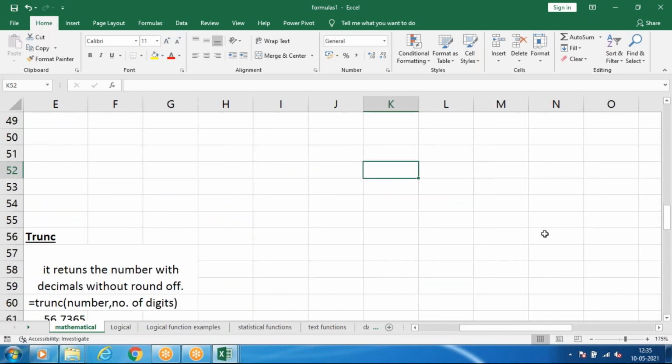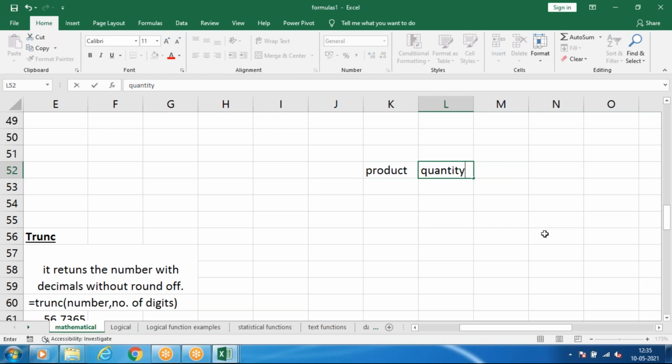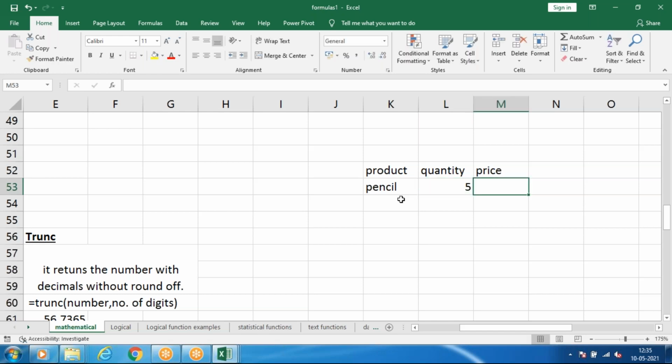For example, I have cells like this. One pencil cost is 4.5 rupees.